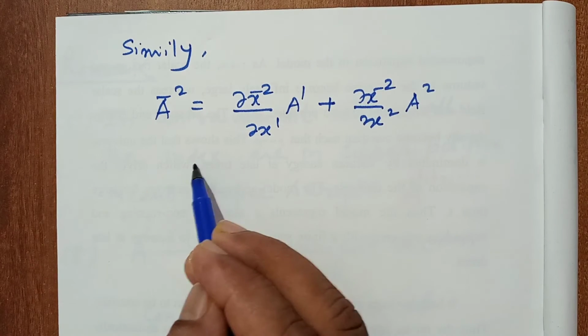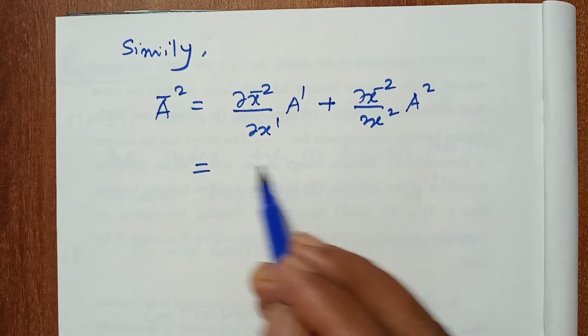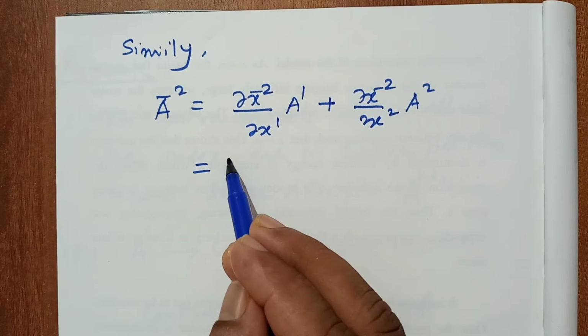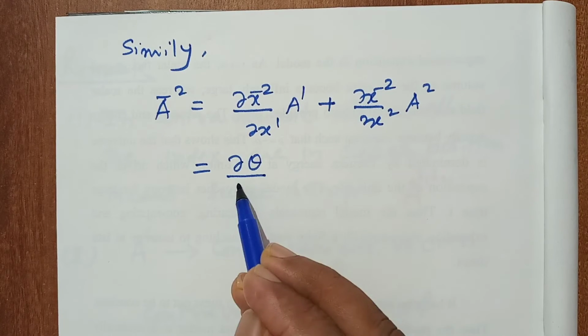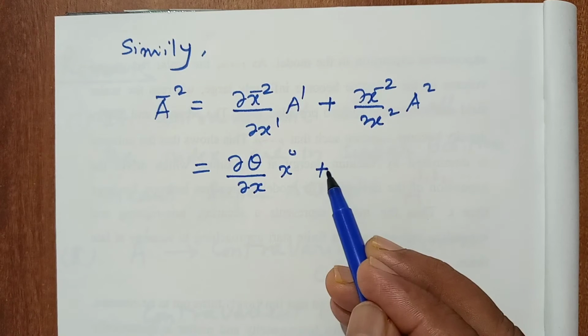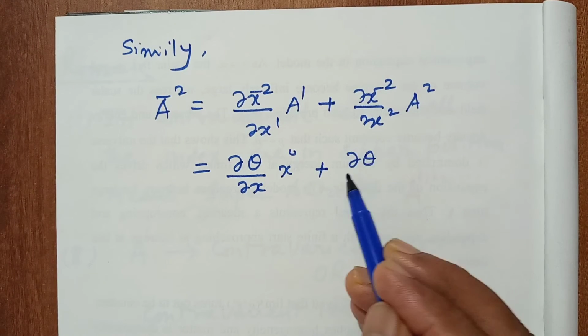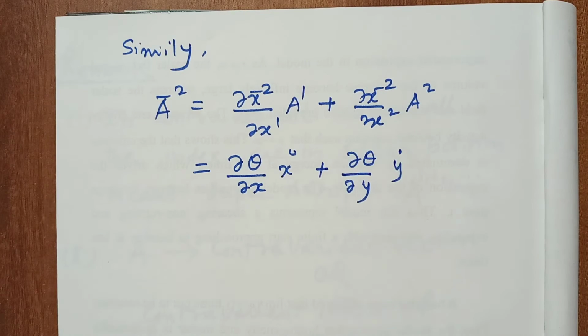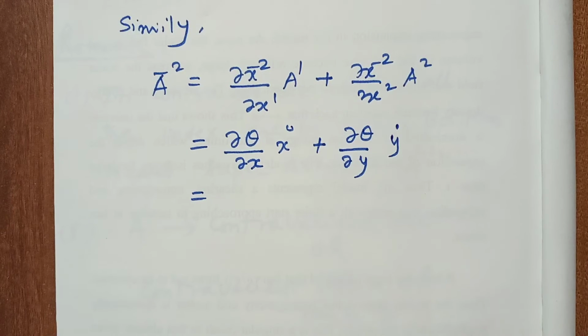Okay, so here a1 and a2 are given. So what is x bar 2? x bar 2 is nothing but theta. So del theta upon del x, this is x dot, plus del theta upon del y, a2 is y dot. Okay, again since theta is equal to tan inverse y upon x, so del theta upon